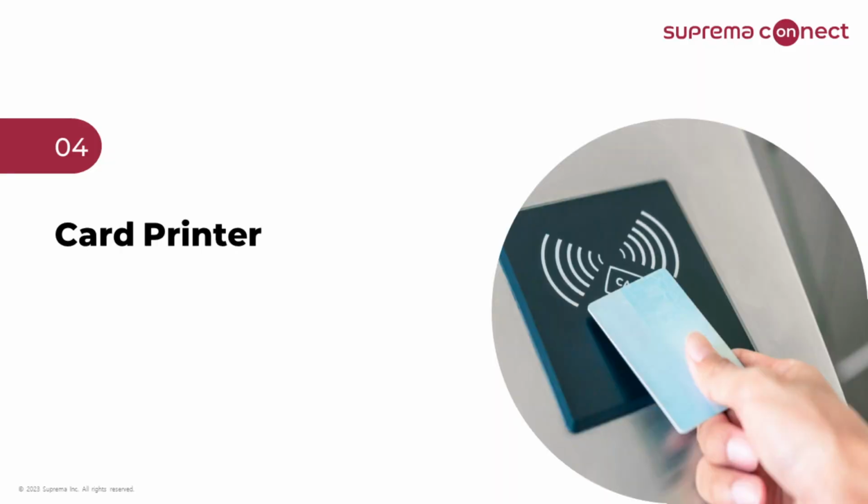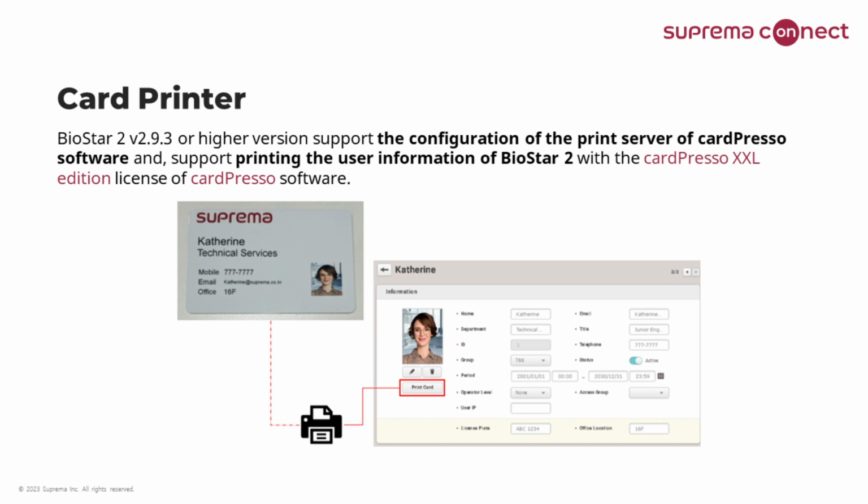Now, lastly, we'll be focusing on the card printing process. BioStar 2 supports printing user information according to a predefined card design on a connected card printer device through linking with a software called ID card. As shown on the screen, the user card can be printed by pressing the print card button below the user